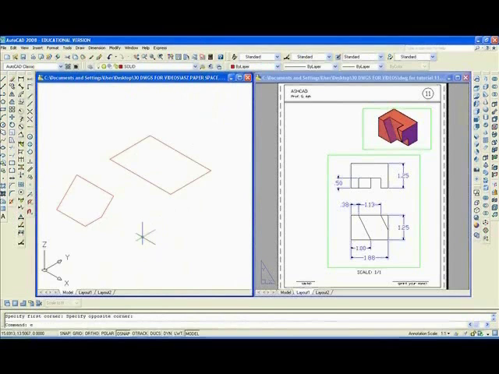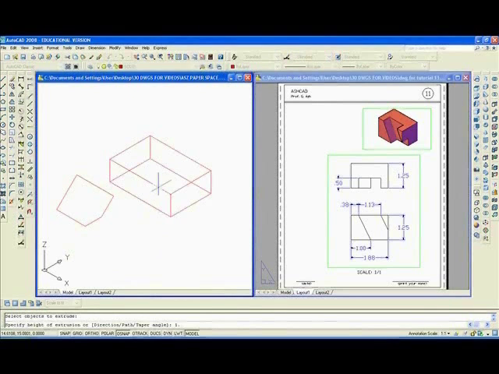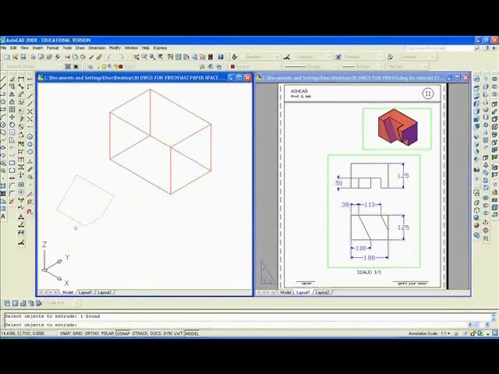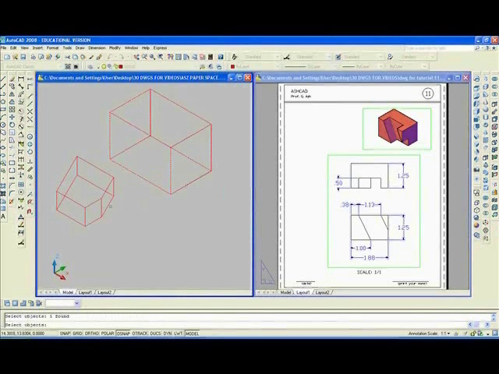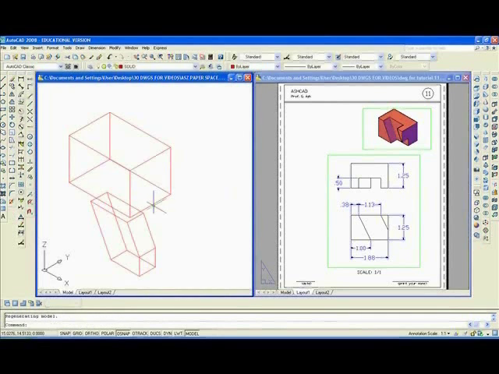I'll type EXT, enter, to extrude the rectangle 1.25, enter, and I'll extrude this weird polyline 0.5. Now you'll use the 3D rotate command and select both objects, pick a base point, say there, click the red ribbon and type 90, enter,